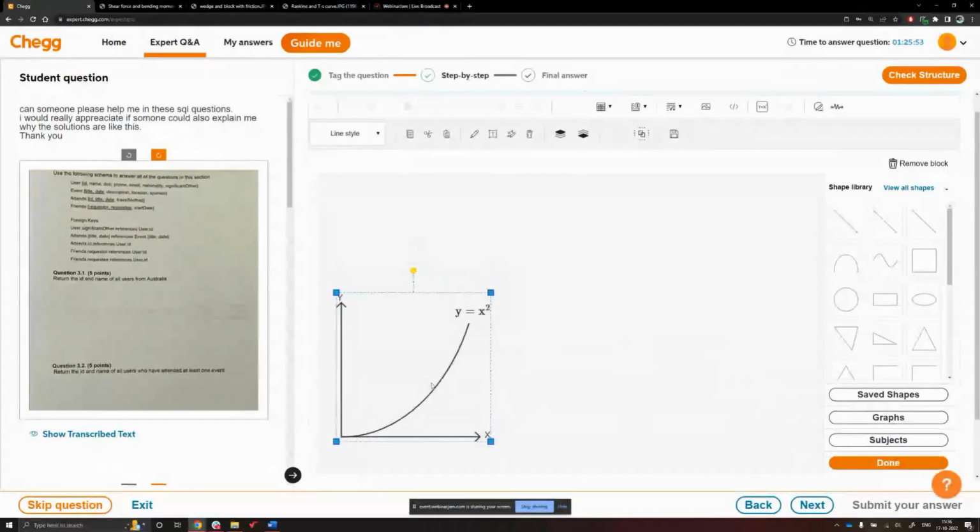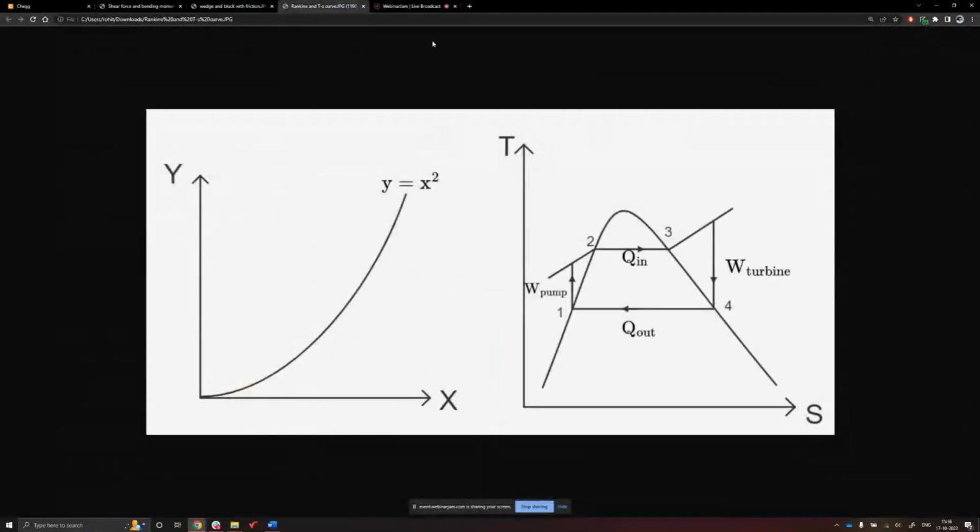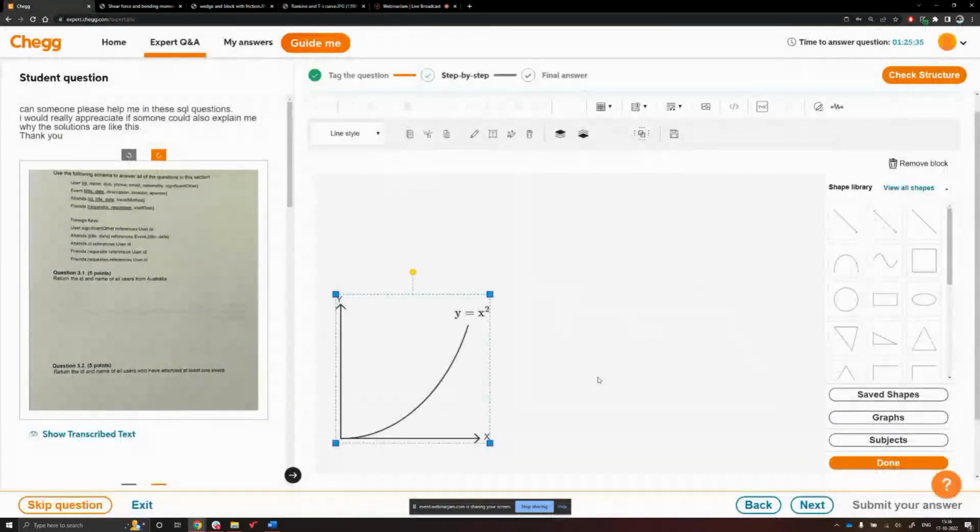Another diagram I want to show is the Rankine cycle TS curve, which will look like this. So first, before drawing the curve, just observe the shape of the curve. This curve appears to have a steeper slope on the left side and a milder slope on the right side. So that is also possible by using the curve tool.